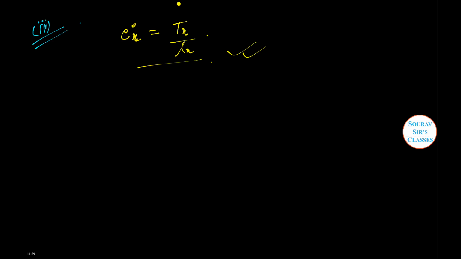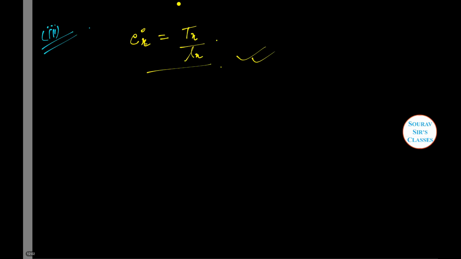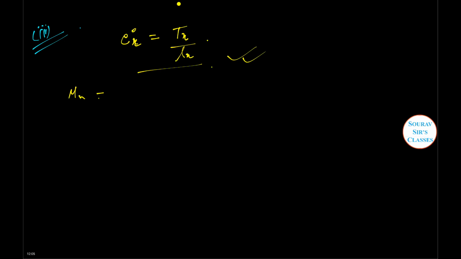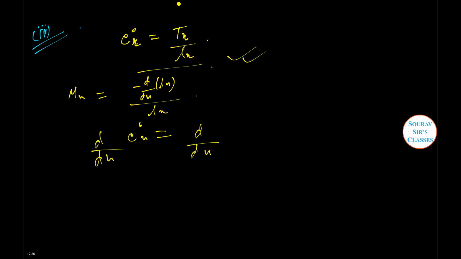We need to prove this. Now we know one condition, that mu x is equal to negative of d/dx of Lx divided by Lx. Using this, we'll say that d/dx of the LHS of the given proof is equivalent to, which can be written as minus 1 plus mu x